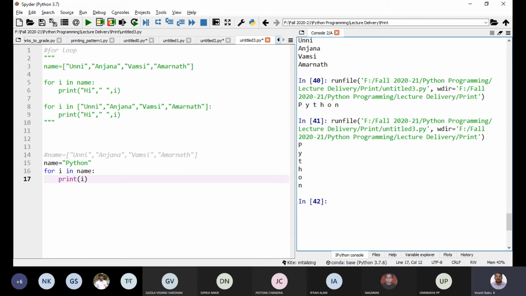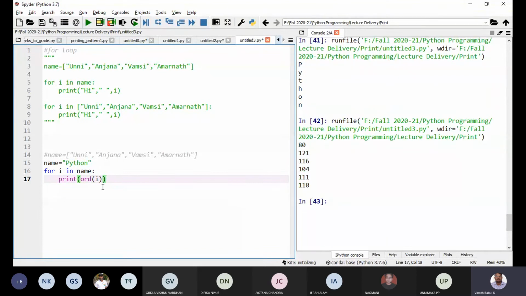Say, for example, you are doing some encryption and you want to know the ASCII value corresponding to each character. Then, instead of i, you print ord of i.